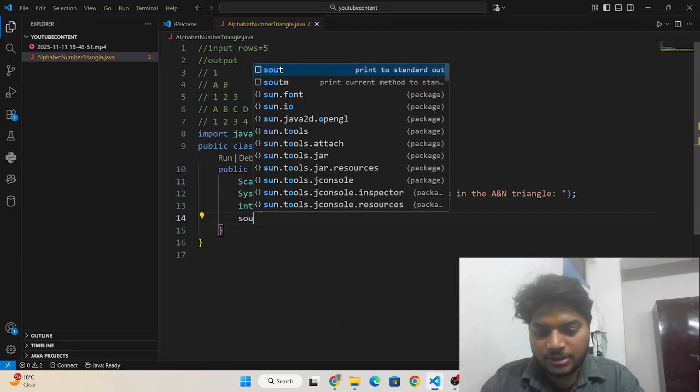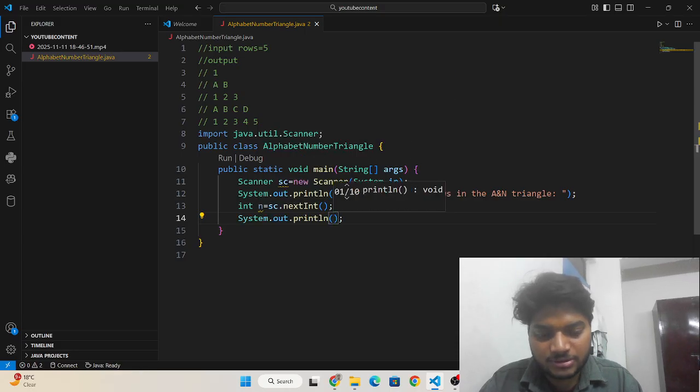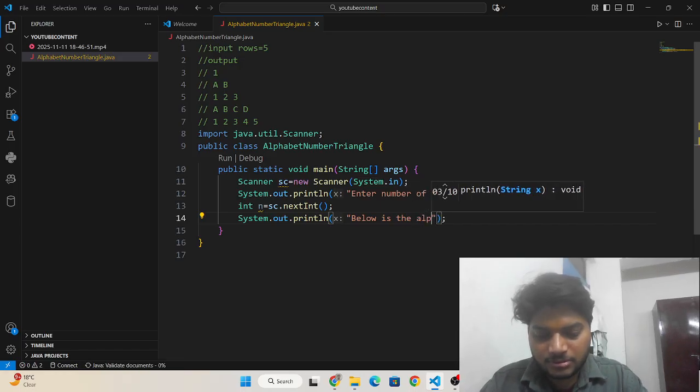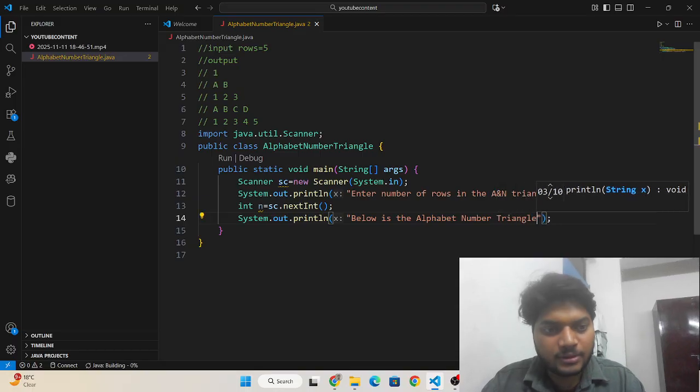Then I need to write another output statement to show the result: below is the alphabet number triangle.